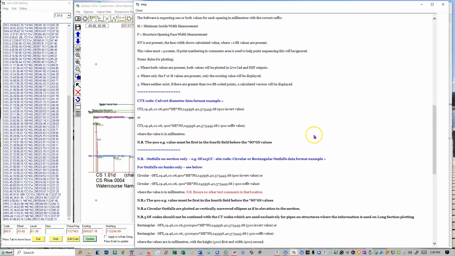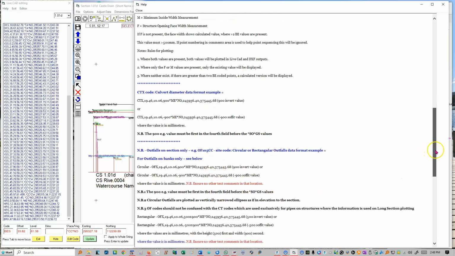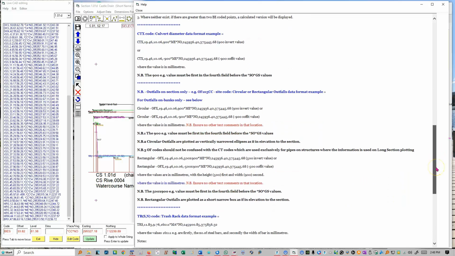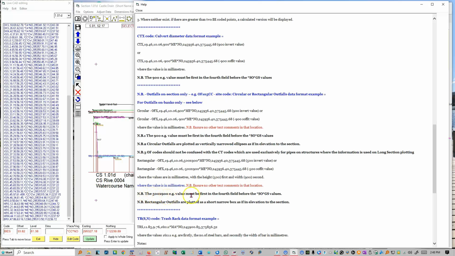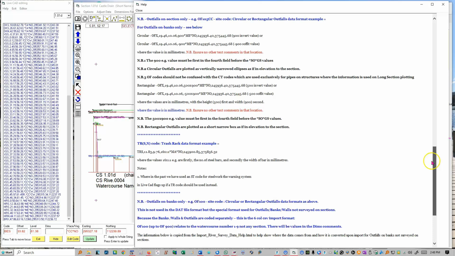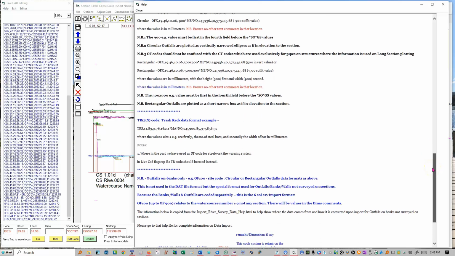That will then connect that outfall with the structure, and you can have a rectangular one there as well. Circular outfalls are plotted as if they were ellipses in the elevation, and you can put the rectangular 500 by 900 and so on. We use TR for a trash rack, and normally you'd take 4 or 5 points